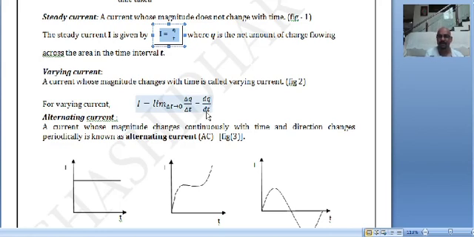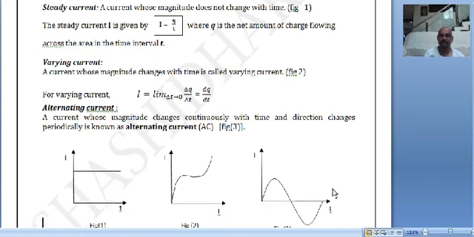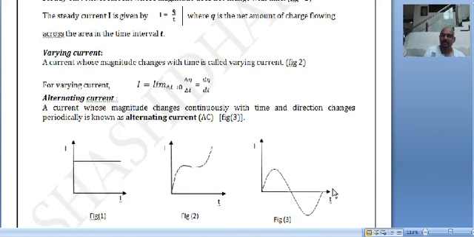a time dt seconds. And related to this varying current, we also have the alternating current. Observe this. In this alternating current, not only the magnitude is varying, but also the direction is changing periodically. So if the magnitude and the direction of the current change periodically with time, then we call it alternating current. It is also an example of varying current. So an alternating current is the one whose magnitude and direction change periodically. Okay, dear students, these are the things.